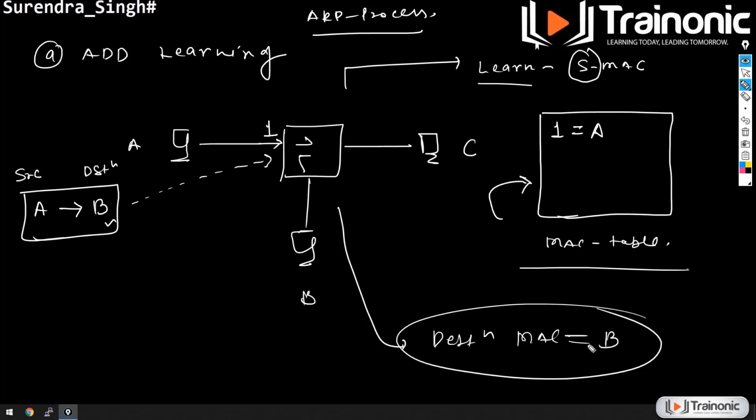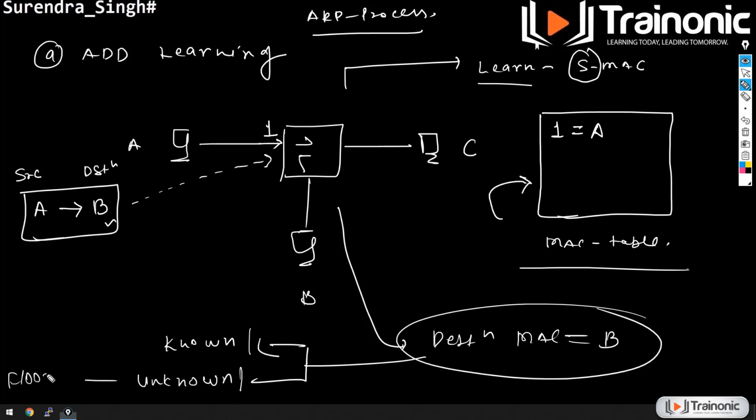Remember, the destination MAC address will either be known, meaning the switch already knows about that MAC address, or it will be unknown, meaning the switch does not know about that particular MAC address. If the destination MAC address is known, the switch will forward the frame accordingly. But if it is unknown, then the switch is going to perform something called flooding. So what is flooding? Flooding is a process of forwarding the frame's copy.